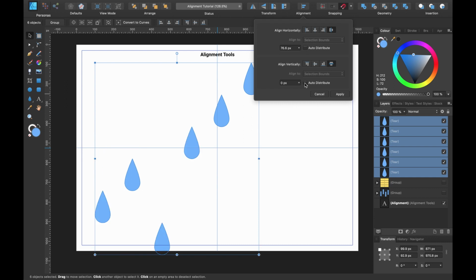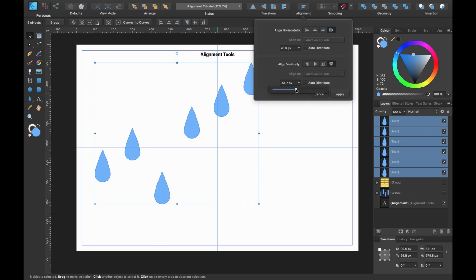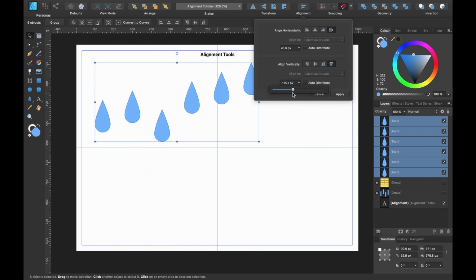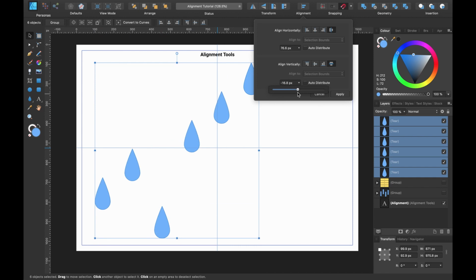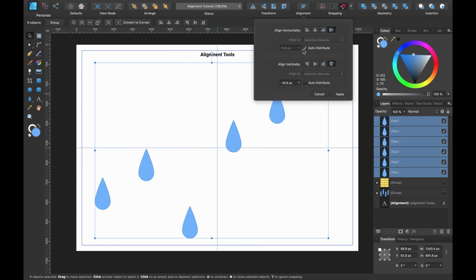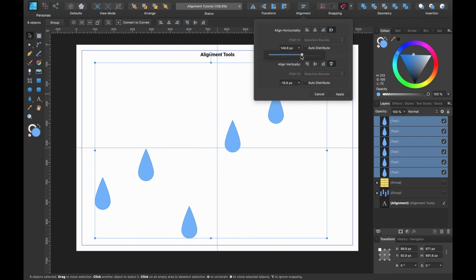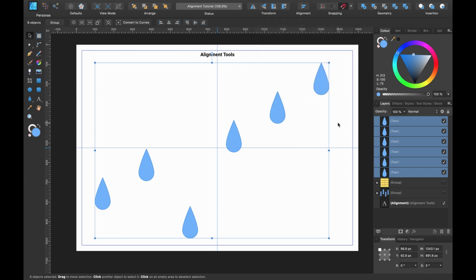So I'm going to uncheck auto distribute for that one, and you can see it's gone off the page somewhere. And there we go, it's raining. And I'll just keep playing around until I'm happy. And apply, and it's done.